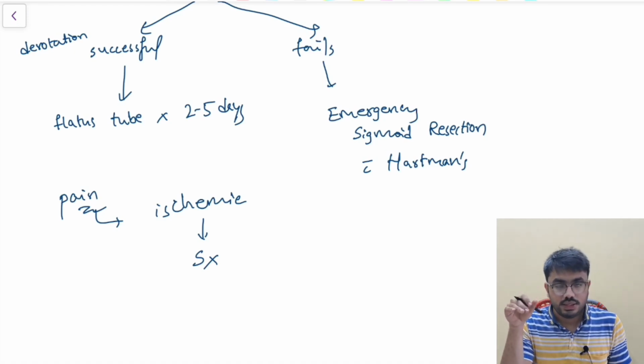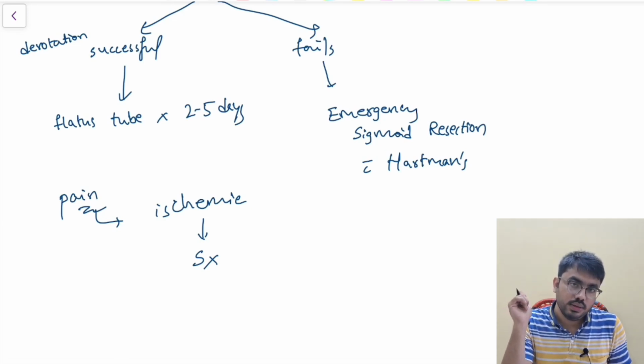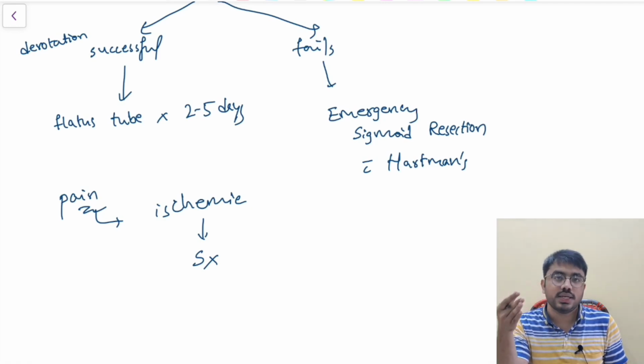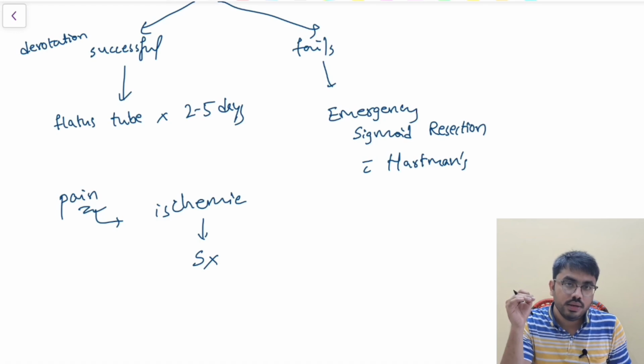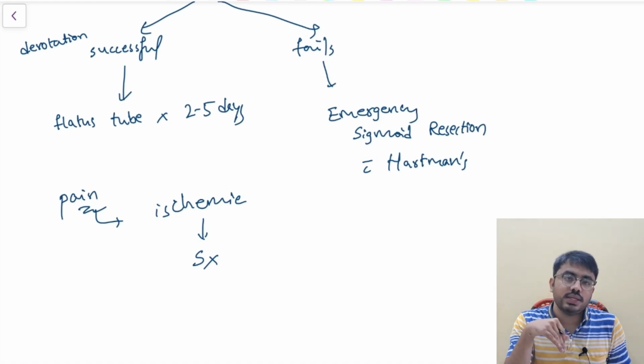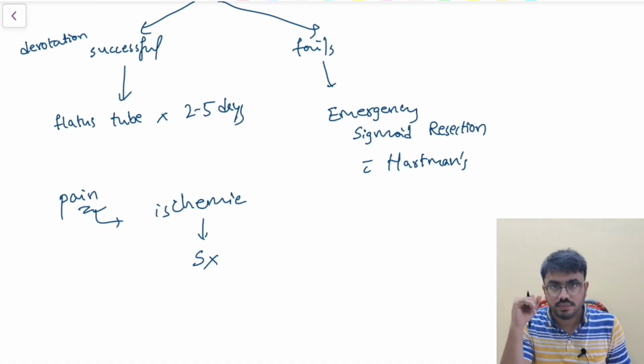Coming to the clinical presentation in sigmoid volvulus, the patient presents with massive distension. How to investigate? First thing, X-ray. What is the sign? Coffee bean sign. CT is very useful and it is the best investigation. Coming to treatment, I have to do therapeutic endoscopic decompression. If it is successful, then I insert a flatus tube and retain it for 2 to 5 days. If therapeutic endoscopic decompression fails, I have to go for surgery,